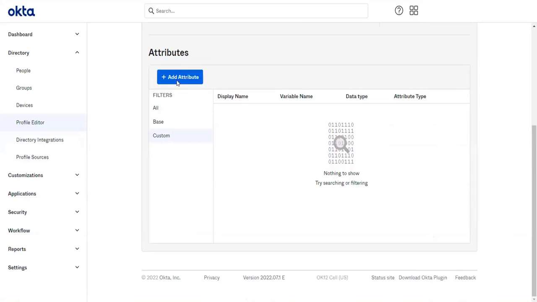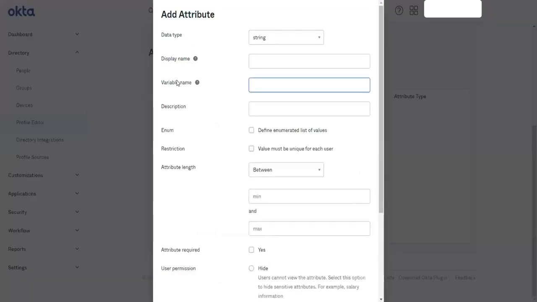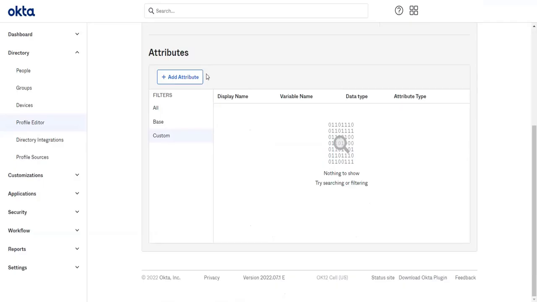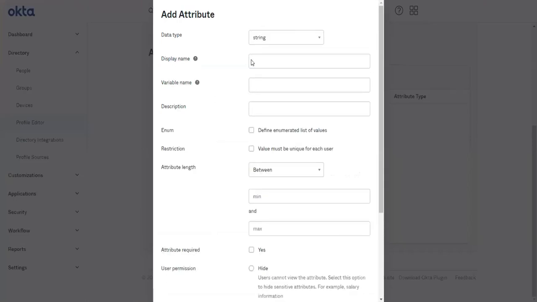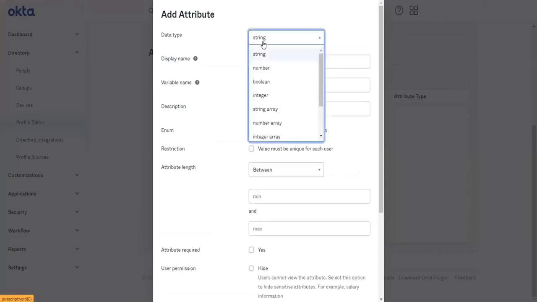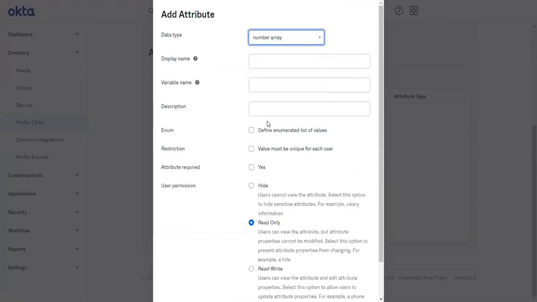Now let me add an attribute. You can see a button called Add Attribute here. Click Add Attribute and select the data type. As of now, I will go with number, because I'm going to get the Aadhaar card number.